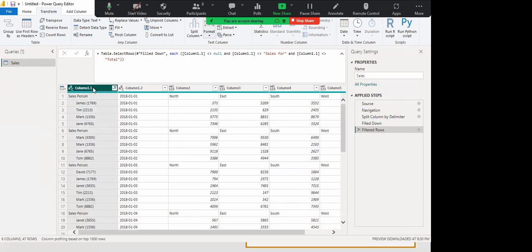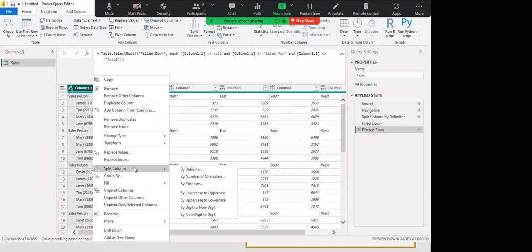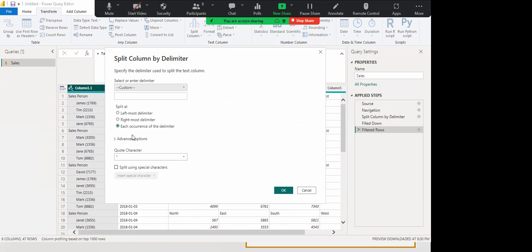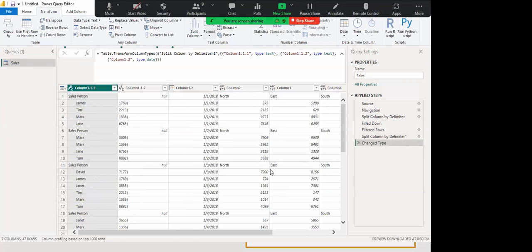The same drill as before: click on this column, right click, and come down to split column by delimiter. What we want is not here, the left parenthesis. So I'll click on custom and type it in myself. I'll type this left parenthesis. We have only one occurrence here, so we can leave this on the default and hit OK. So you can see we're able to extract the